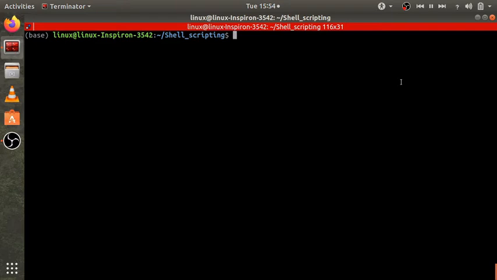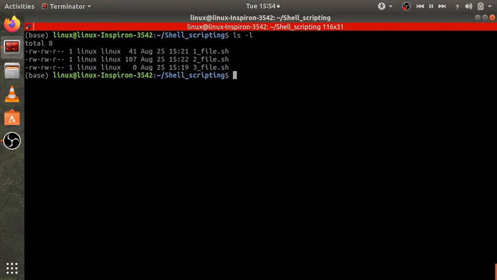What is shell scripting? Shell is a command interpreter. Its job is to accept commands as typed by the user on the command line and interpret each of those commands. For example, let's type ls -l, enter. This produces some output. How does Linux know to interpret the -l as a switch? What about the output? How does command output come to the screen? By chance? No. The shell does these things.